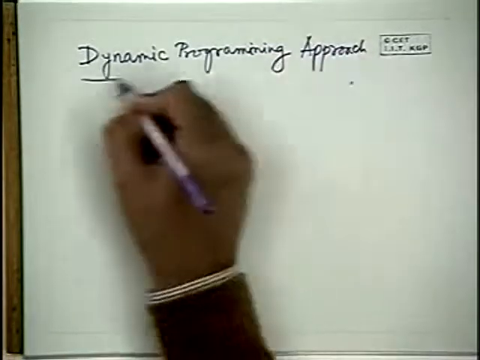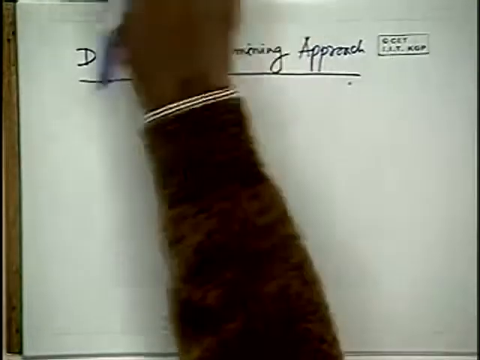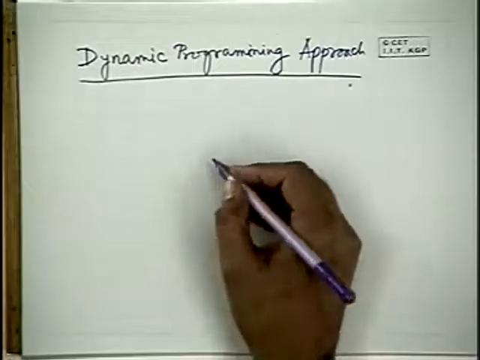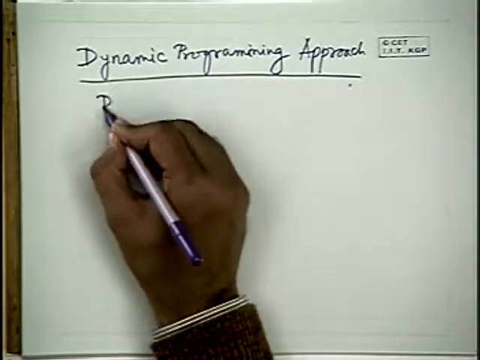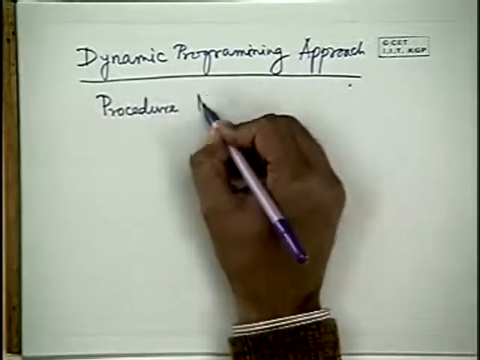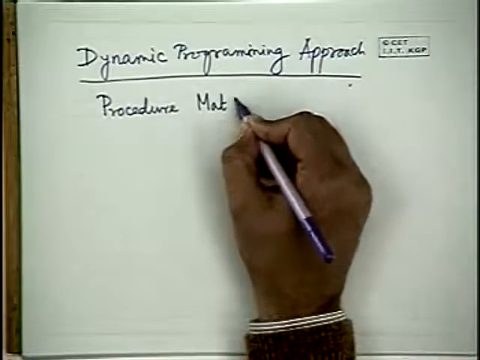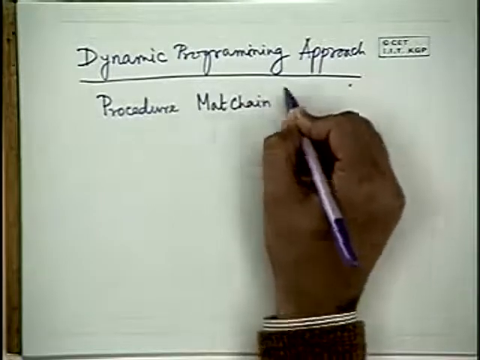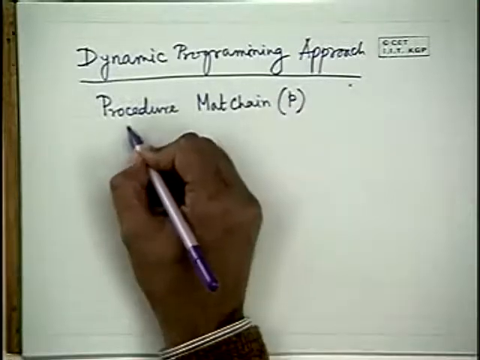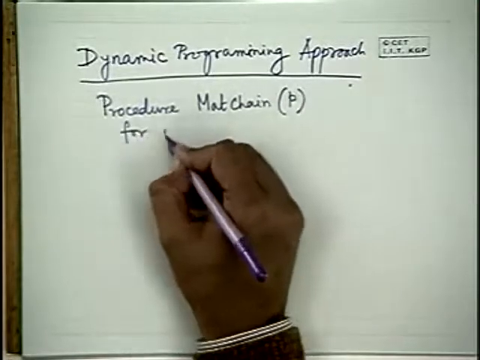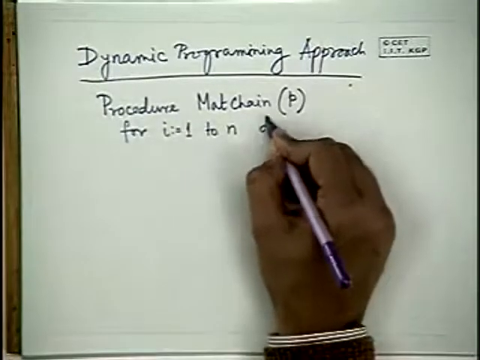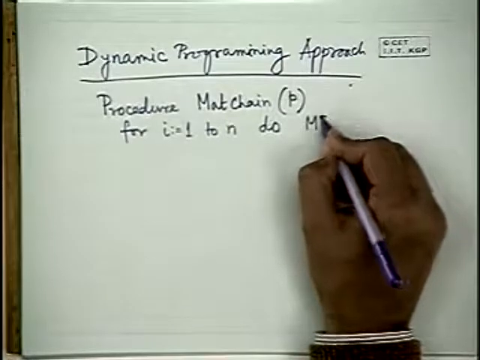So what I will do first, I will write down the algorithm for you. Then I will explain what it is doing. So let me first write down the algorithm. Again, its input is the array P. For i is equal to 1 to n do m i,